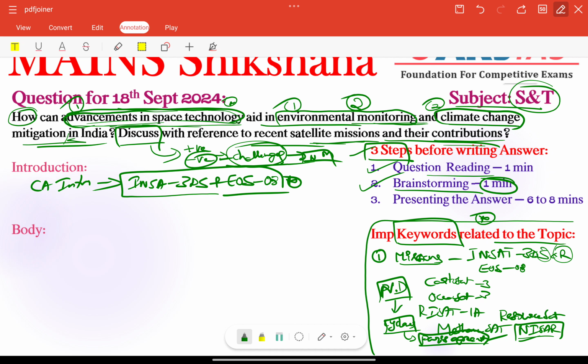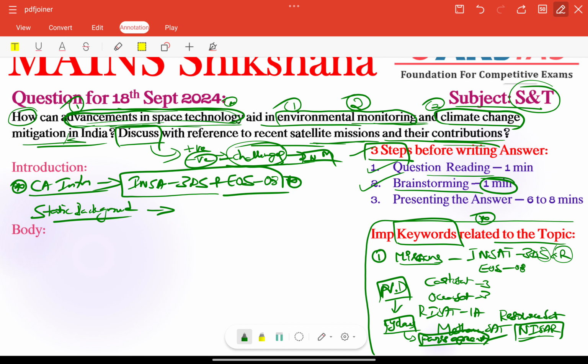So next, coming to recent measures, that means recently completed current-affairs-related points. Next, we need to focus on providing some static background here. Static background means providing some background of space technology in India, because it is very crucial for tackling our environmental changes at both regional and global levels, right?